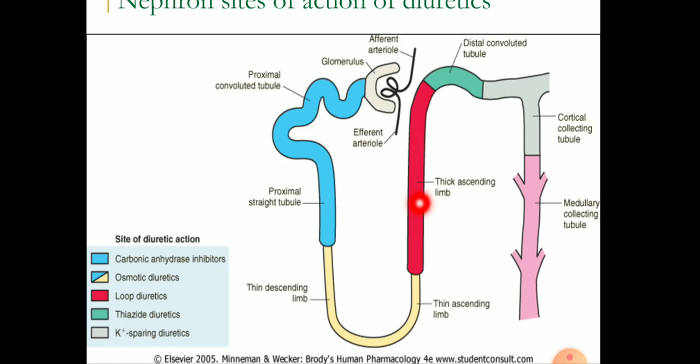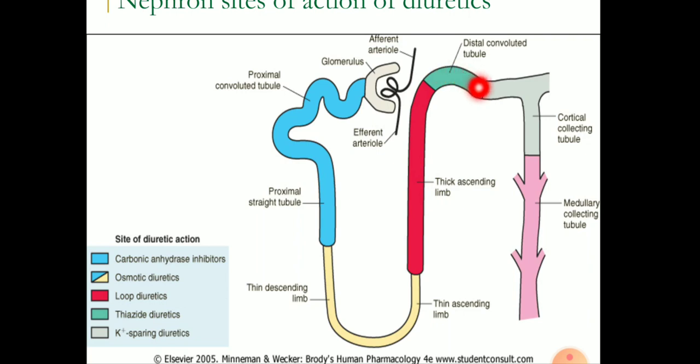They're called high ceiling because the more you increase the dose of the drug, the more its efficacy is going to be increased. So the efficacy you are going to get at 10 milligram of a diuretic like furosemide, which is a loop diuretic, you will get more with 20, it will increase with 40, and if you further increase it up to even 1000 milligram, which can be prescribed in case of chronic renal failure, you will see that its efficacy is increasing. So it's not touching the ceiling, rather it is gradually increasing. So that is the reason why this type of drugs are called high ceiling diuretics.